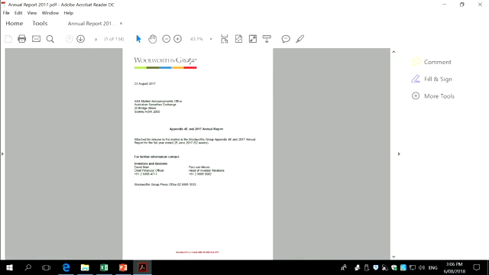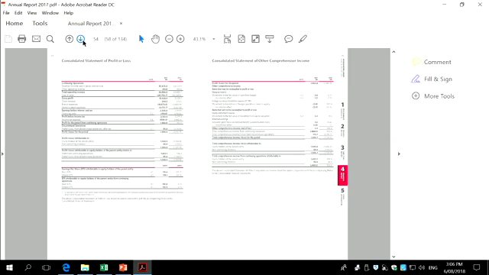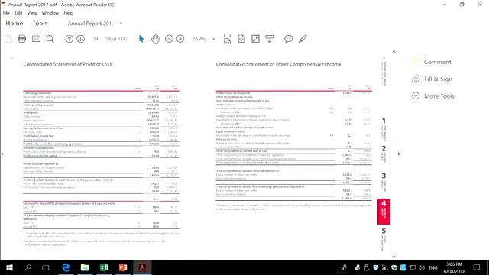Yeah, it's a note. That profit loss from discontinued operation after tax, that's what you're going to input into the KGW model as the non-operating